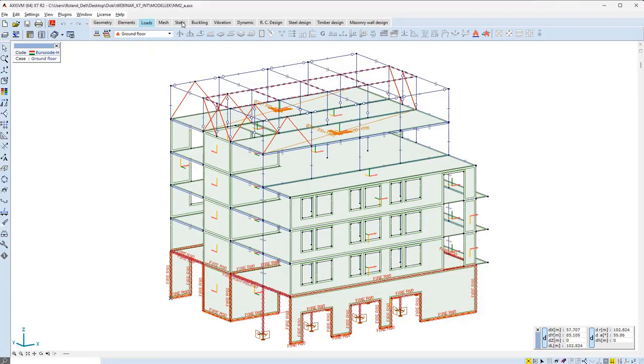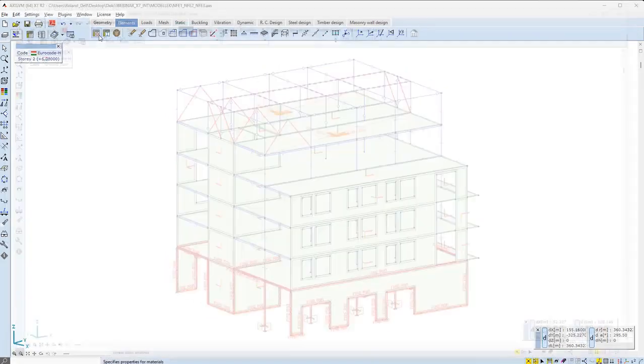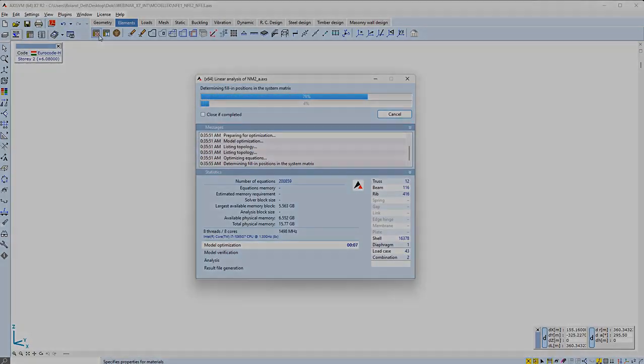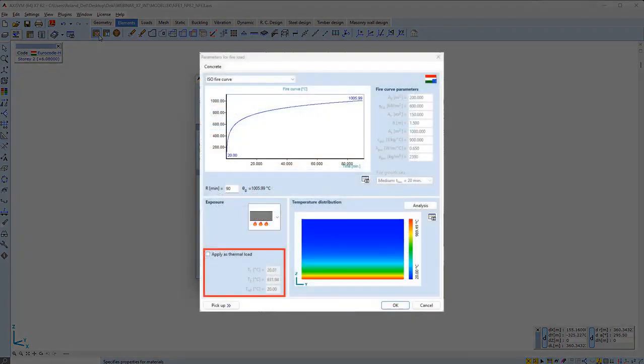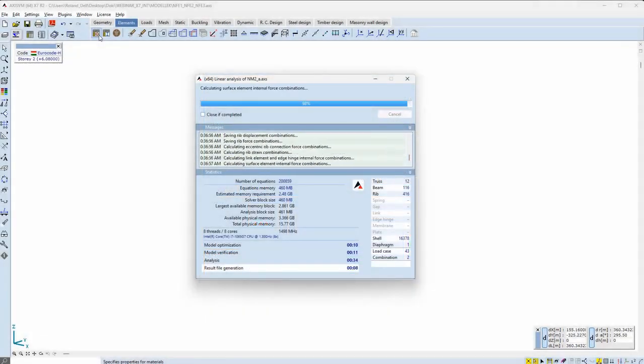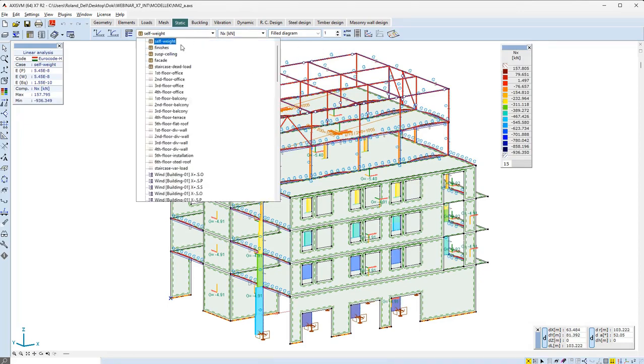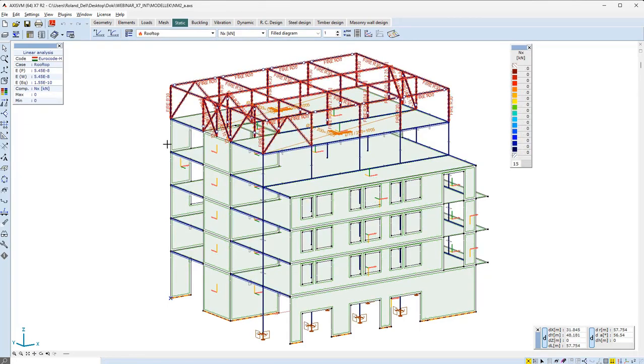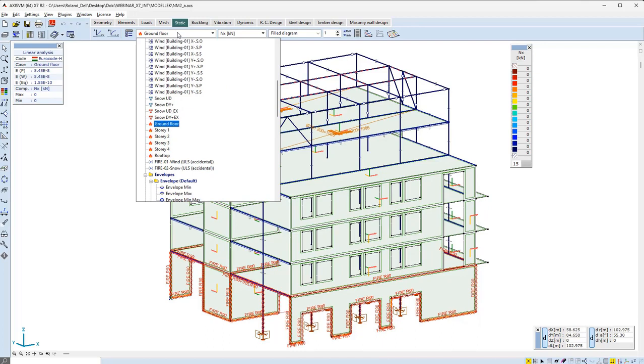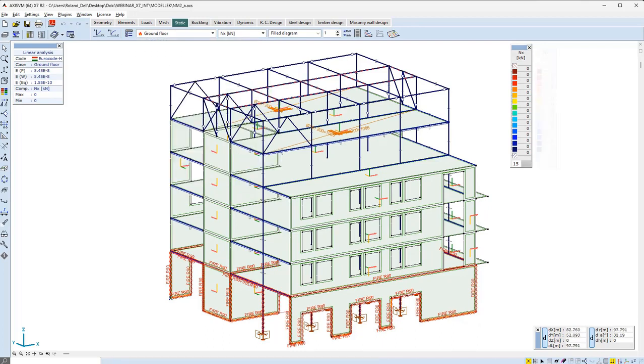Moving on to the analysis, it is important to note that fire effect will not affect the analysis results only if we checked in, during the definition of fire effects, to apply fire effects as thermal load. In case of statically indeterminate structures, consideration of kinematic loads such as the thermal load itself is usually not necessary, therefore it is being neglected in this example. So as you can see, since fire effects were not acting as thermal loads, there are no internal forces for these load cases after the analysis.